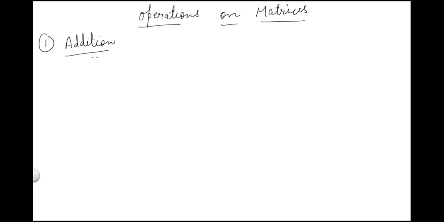Okay, for addition of matrices, suppose Fatima has two factories at places A and B. I'm naming them place A and place B. Each factory produces sport shoes for boys and girls in three different price categories labeled as 1, 2 and 3. Clear? And the quantities produced by each factory are represented as matrices.